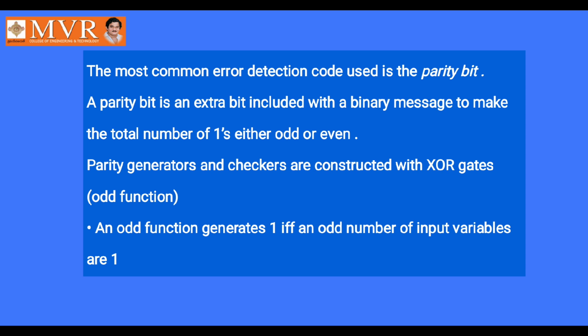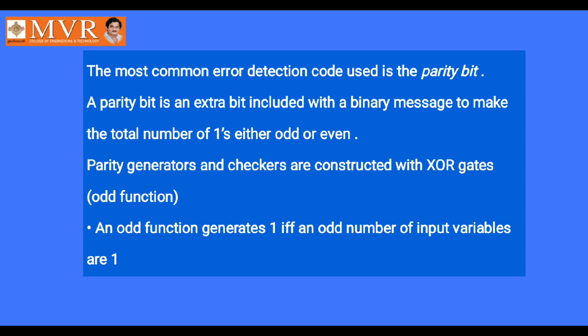In the next slide, we will discuss the difference between this odd parity method and even parity method, and how we generate a parity. It is not blind and it is not assumed, that you go ahead and add either 1 or 0 at the end. Nothing like that. There is a prescribed procedure for generating a parity bit and checkers. So, parity generators and checkers are constructed with XOR gates.